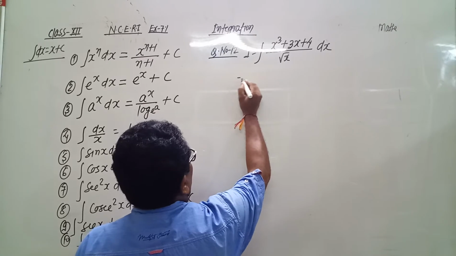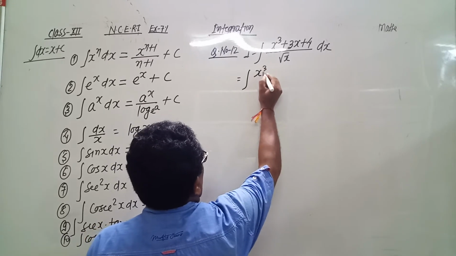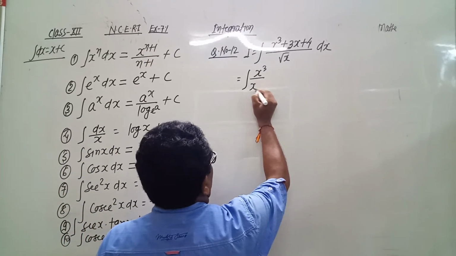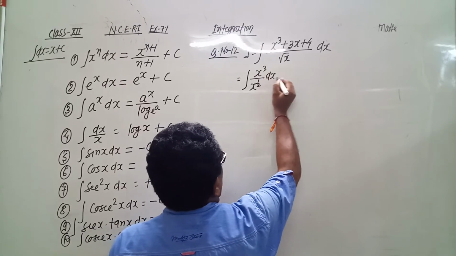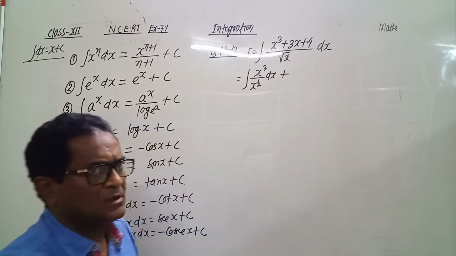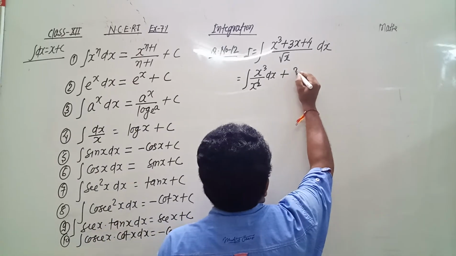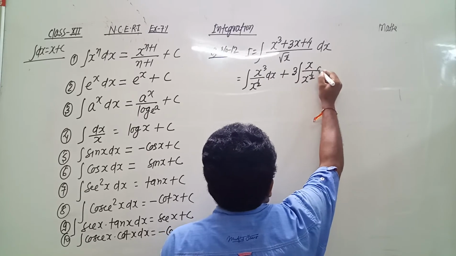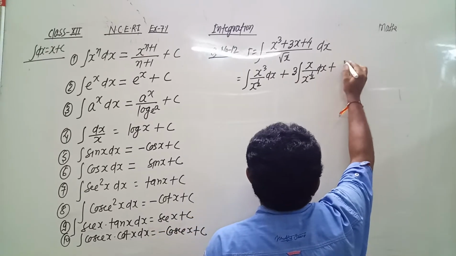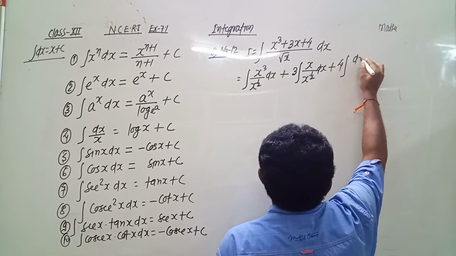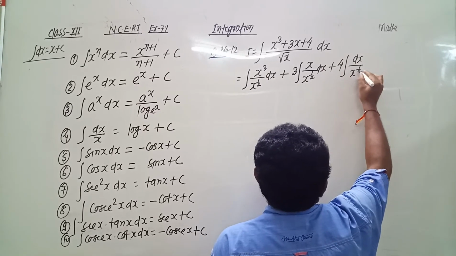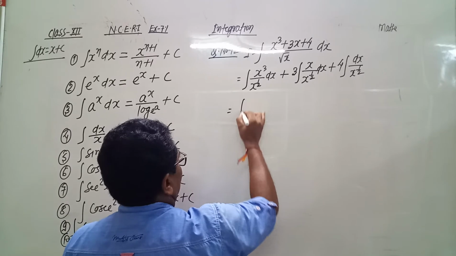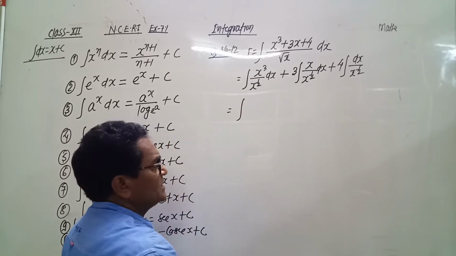So we will write integration x cube upon root of x, and root of x is written as x raised to the power 1 by 2, dx, plus 3x by root x. So 3 is the constant term taken outside. Integration x upon x raised to the power 1 by 2 dx, and plus 4 outside, integration dx upon root x, meaning x raised to the power 1 by 2. Now bases are same, powers will be subtracted in division form.